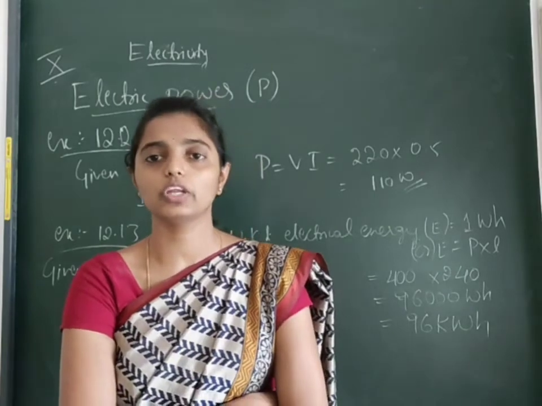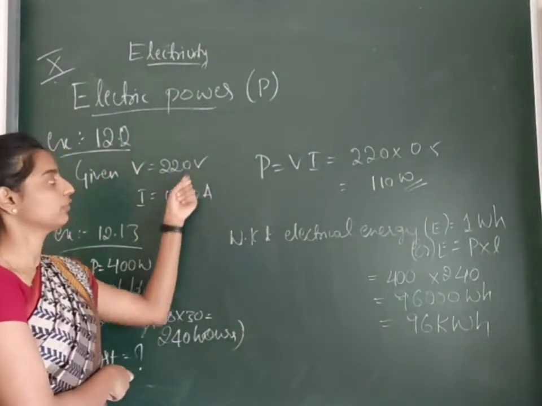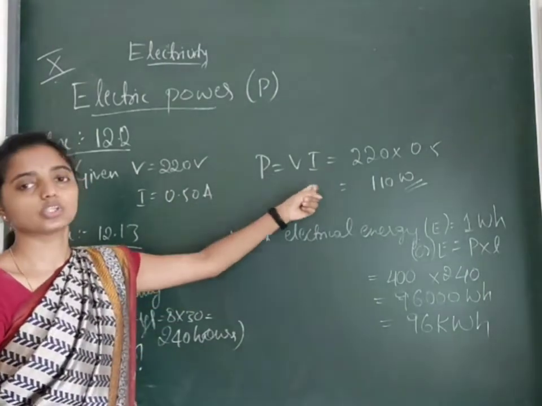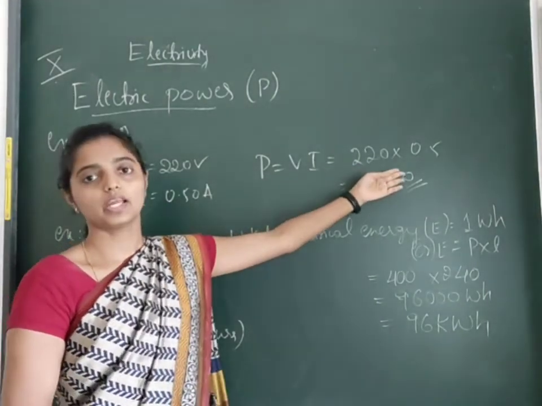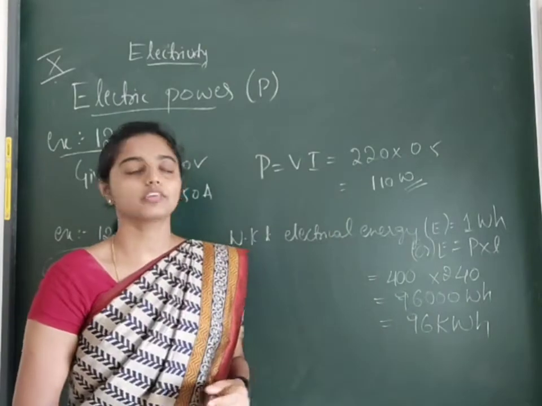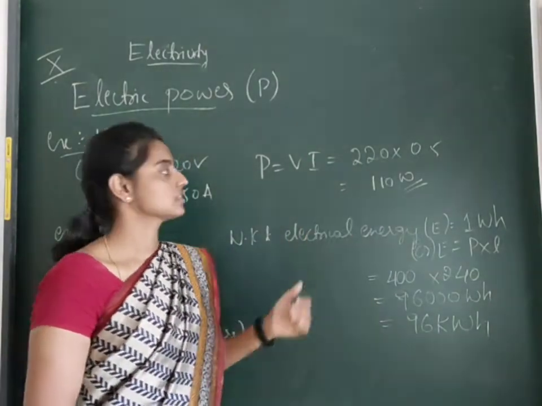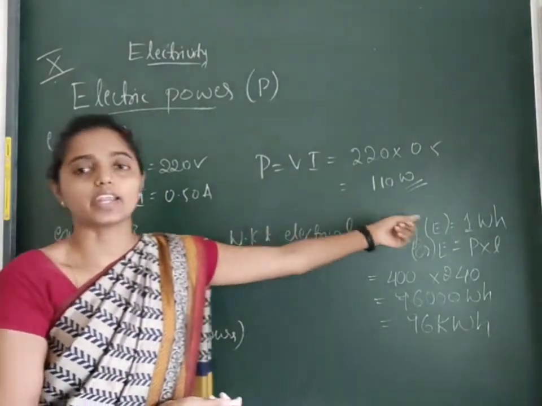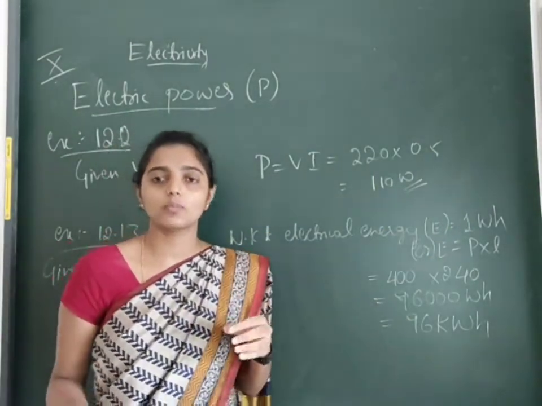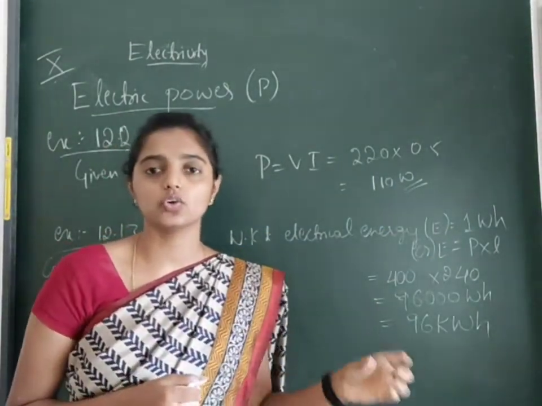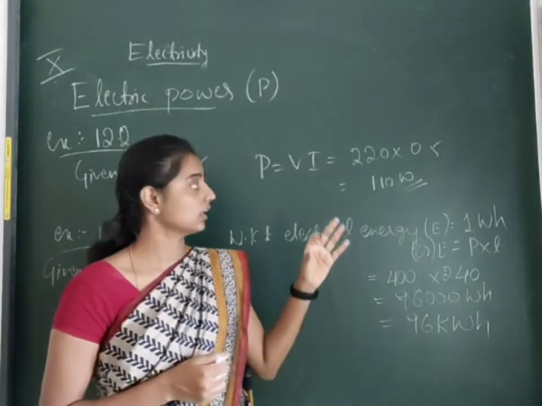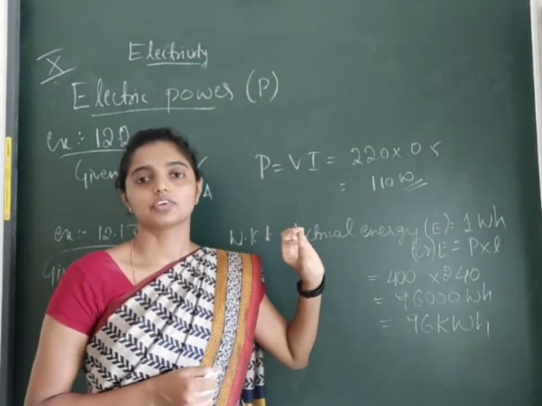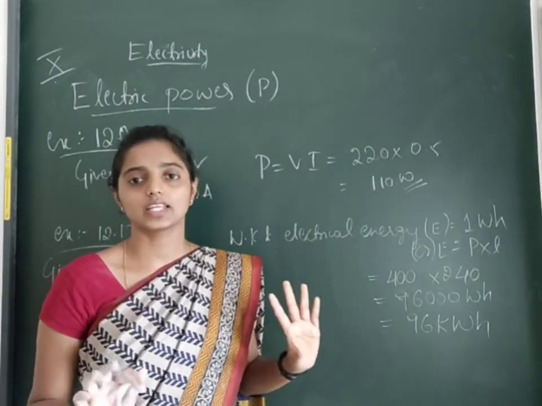P is equal to VI. So the formula, they have given V and I, right? V is equal to 220, I is equal to 0.5, and P, we know, is V into I. So multiply these two values, 220 into 0.5, and you will get the answer, that is 110 with the unit watt. These types of 1 mark questions, either they will give in the form of MCQ or as a direct 1 mark question. So you should write the units if it is a 1 mark question, and if it is just an MCQ, you can choose the correct answer.